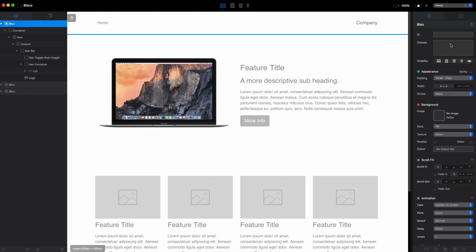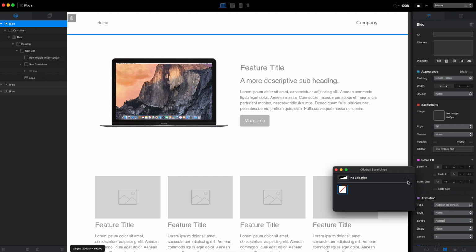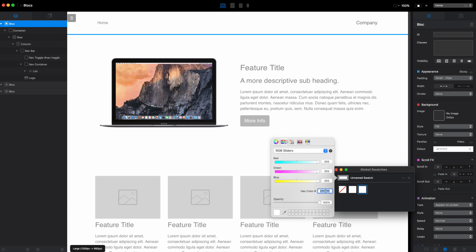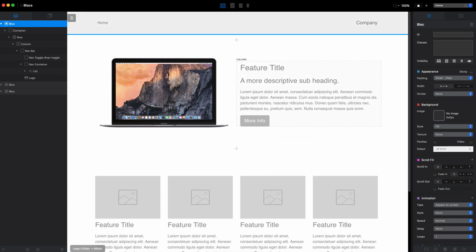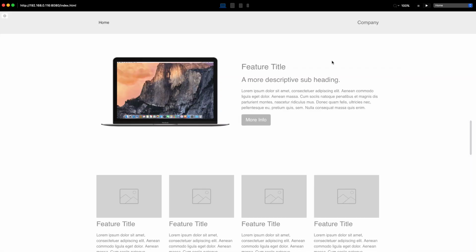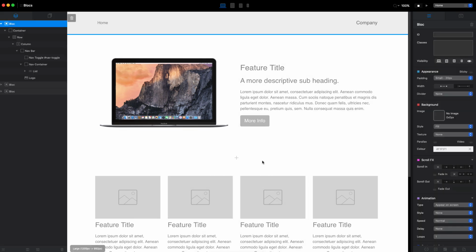And right away let's add a few colors to our global swatch, and I will make this maybe not black like the Apple website, something different, a little bit gray. So now if we go to preview, we can already see that we have our navigation here and the content. So first of all,